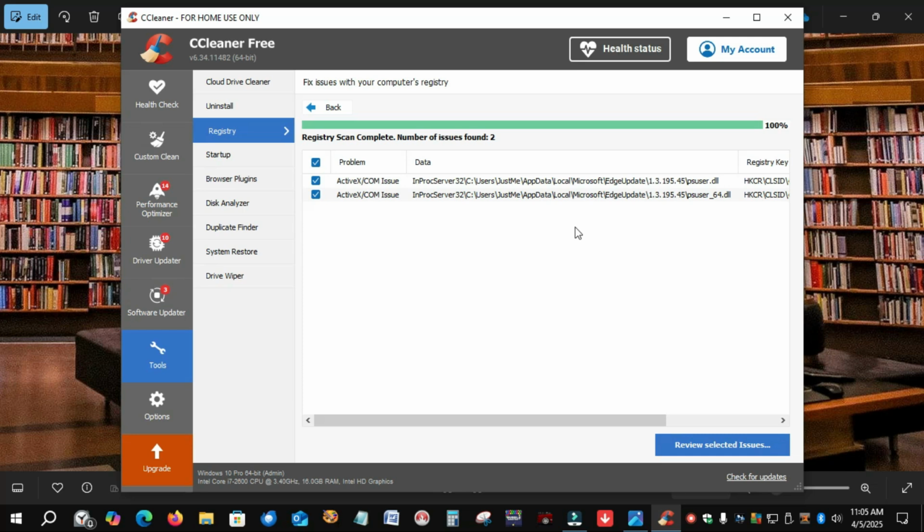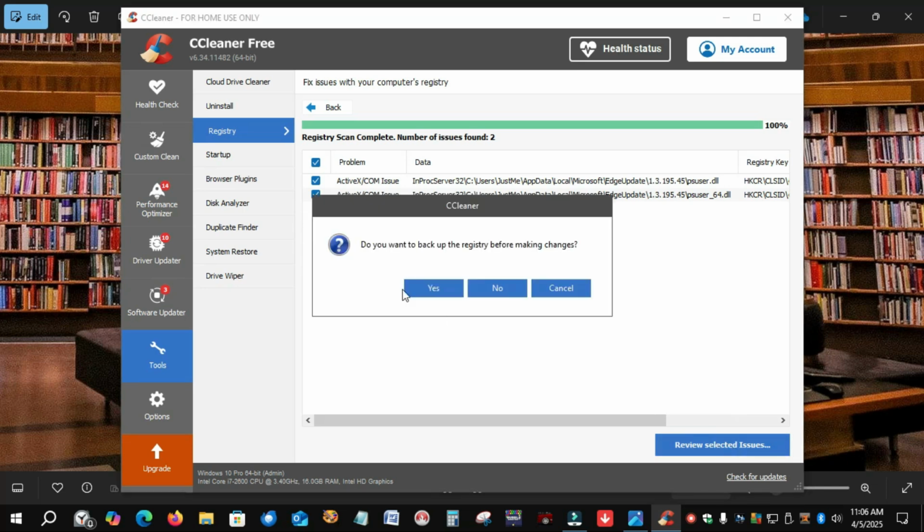The first time you run this, it's going to have hundreds and hundreds of invalid links in the registry, and we do want to delete those entries because that's what the computer has to look at when it shuts down and when it boots up, and so that sometimes is a very slow process. So we do want to make those go away, and in my case it found 2. In your case it probably found hundreds and hundreds. So in your case they're automatically check marked. So if it gets up to 100%, you can click on Review Selected Issues,